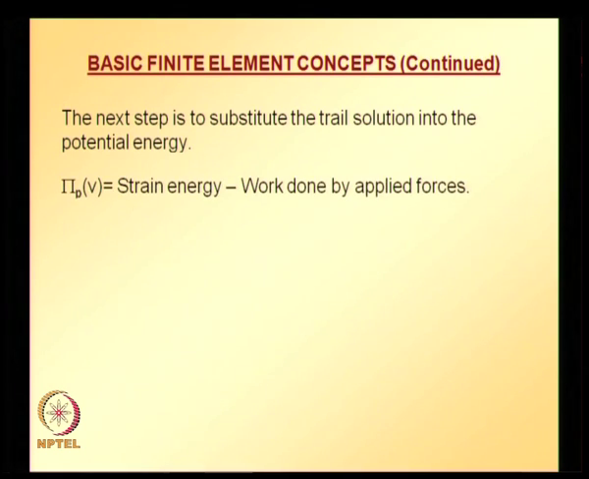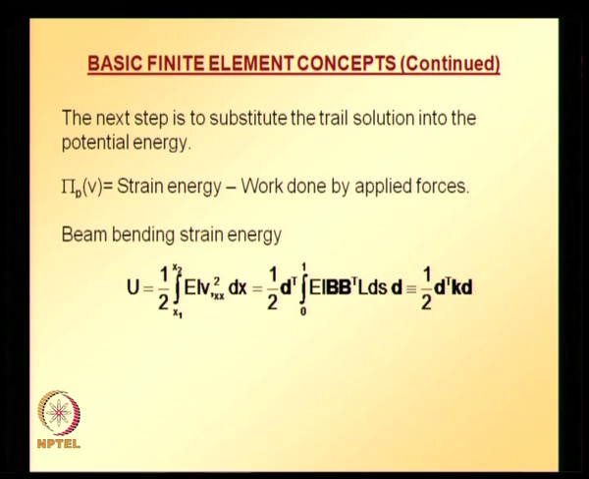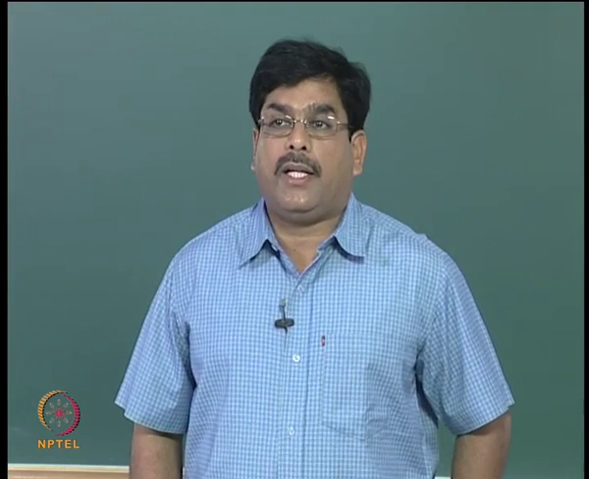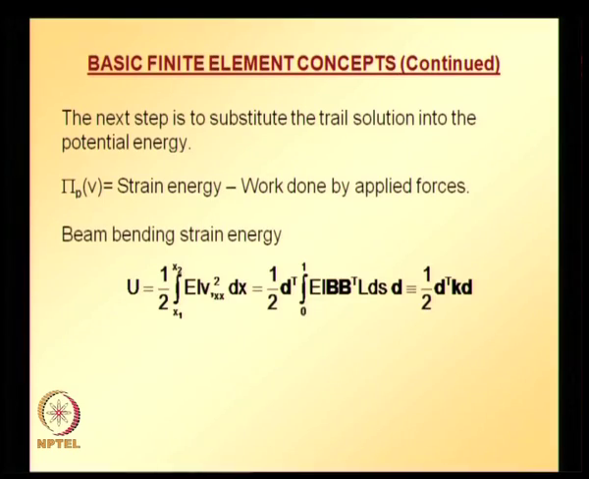And we learned that potential energy is nothing but strain energy minus work done by the applied forces, and the strain energy here corresponds to beam bending strain energy, which we already derived. It is nothing but U is equal to half integral x1 to x2 EI times the second derivative of V with respect to x square